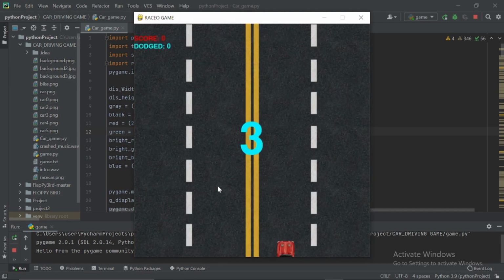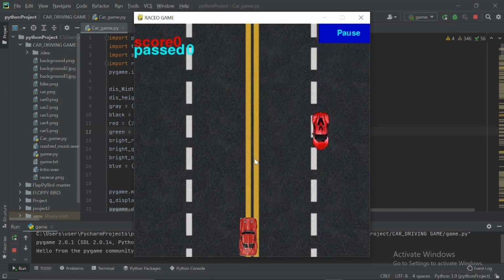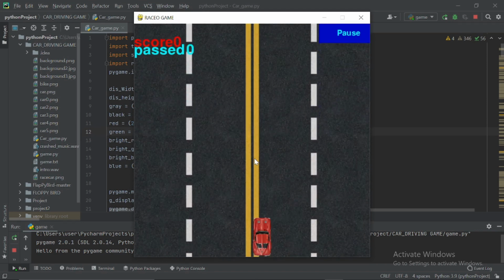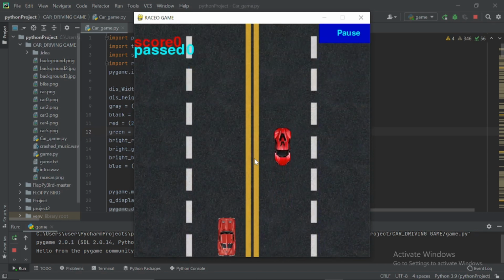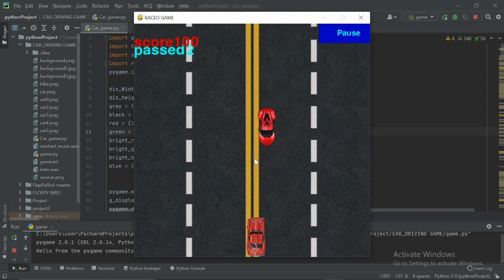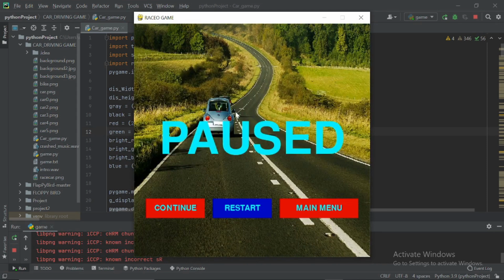Click on start. You can see this is the pause window. There are three buttons: continue, restart, main menu. If you click on continue, then